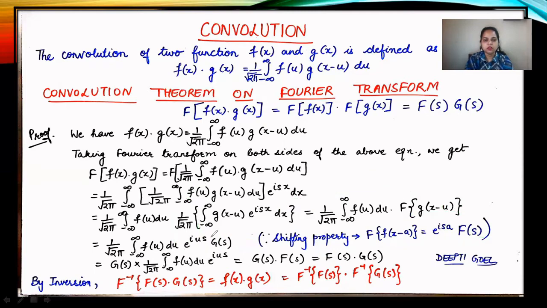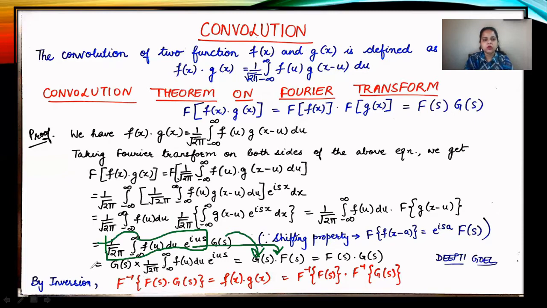So now this g of s is taken out of the integration, and the integration is carried over this quantity. So what we find is that this is nothing but the definition of the Fourier transform. So for this integral, we can write it as this is your f of s. So we were already having g of s. So g of s into f of s gets multiplied as the resultant of the right hand side of the